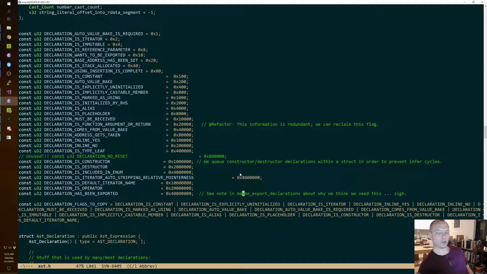We could also make it a 64-bit flag, but we might as well be more organized about it. It would be good to know that these flags are there because they're specified by the user and the meaning of the code depends on them. And there's other flags that the compiler is using for its own bookkeeping.